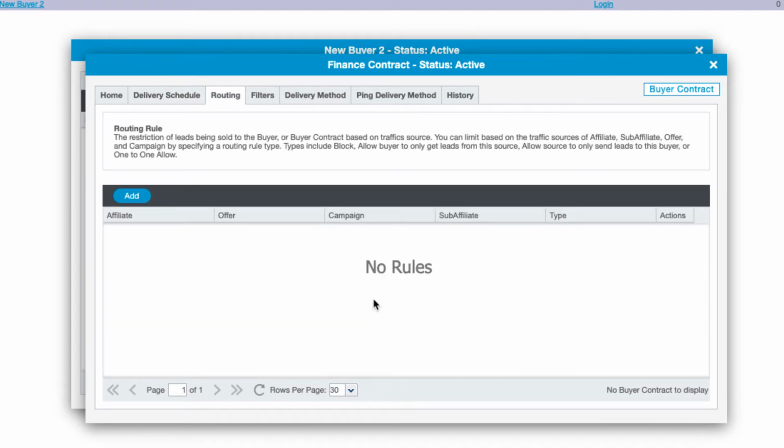Moving on to the routing rules. Routing rules allow you to define which traffic sources can sell to this buyer contract. Now, if you want any leads across this vertical to come into this buyer, then by all means, do not touch the routing rules. However, you may have leads coming in from one affiliate, and that affiliate can only sell leads to this buyer, and consequently, this buyer can only buy leads from that affiliate. So that's a one-to-one relationship, in which case you would click add,